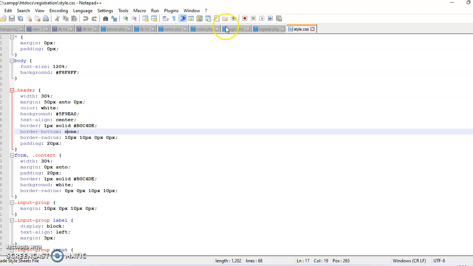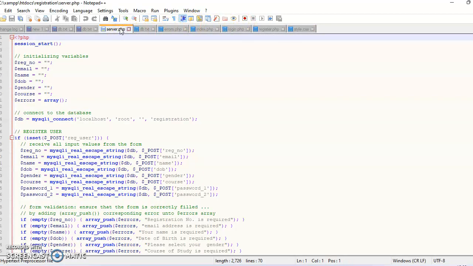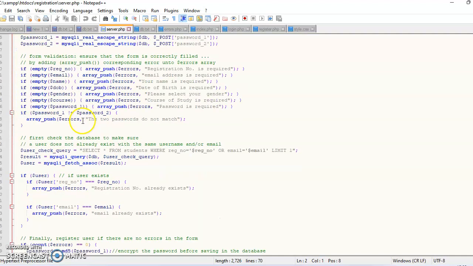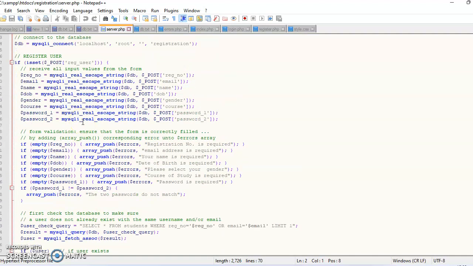So in our server.php we came up with this code, as we all can see. Sessions are used to track logged in users, and so we include session start at the top of the file.